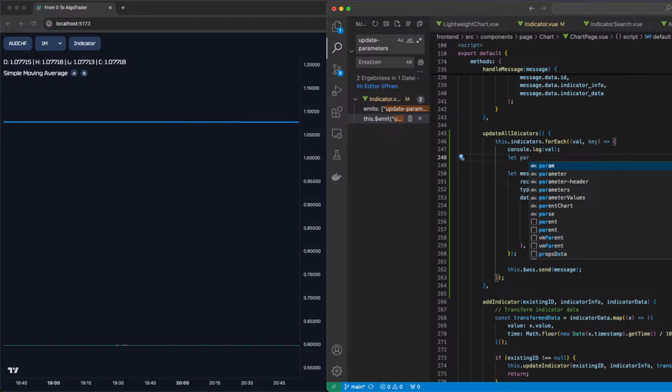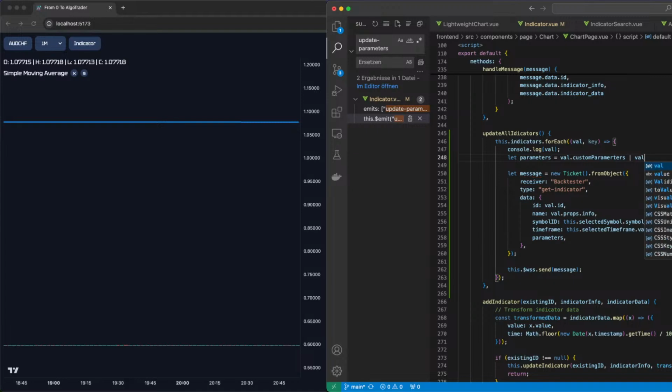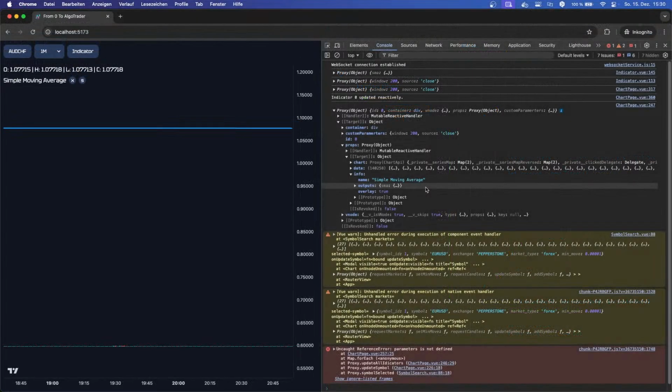So we can do let parameters is equal to val dot custom parameters, or if custom parameters is not defined, we use val dot props dot is it. Oh, sorry. This is